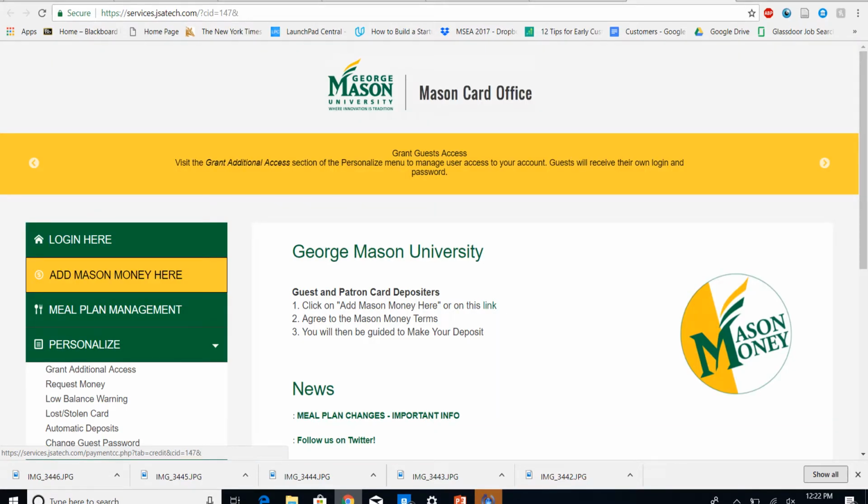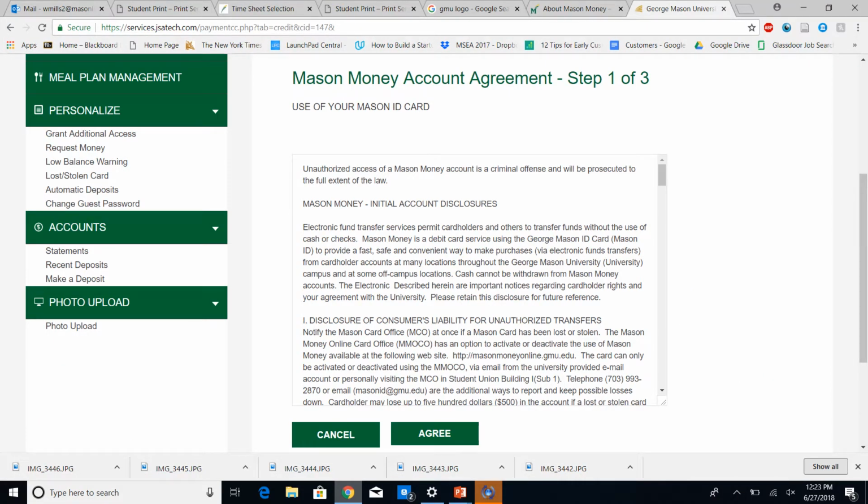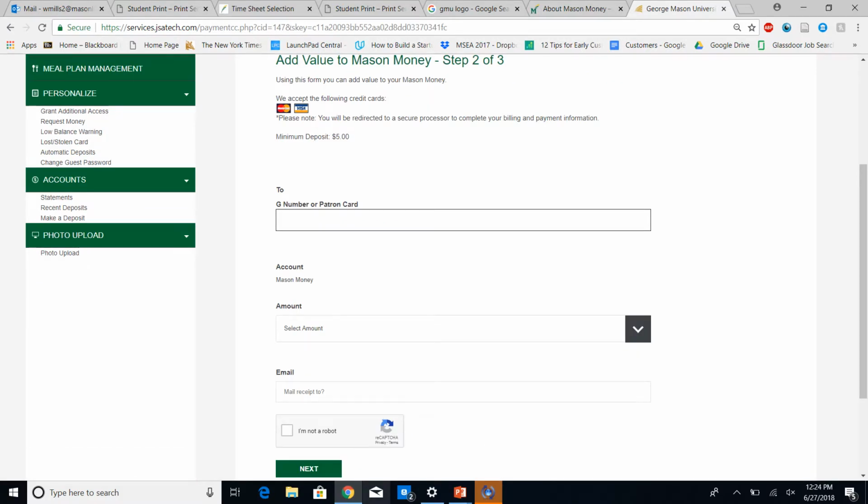This will take you to the Mason Card office, where you'll scroll down to Add Mason Money here. They will ask you to fill out all of your information, so click Agree. Fill out your student information, such as your G number, the amount of money you would like on your card,